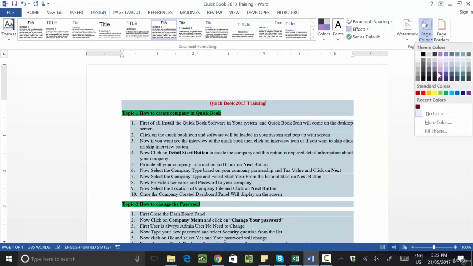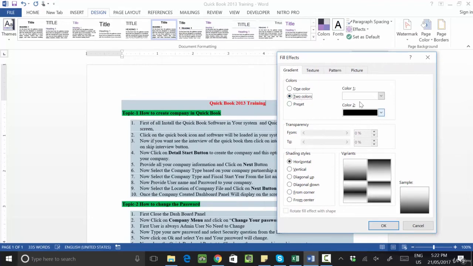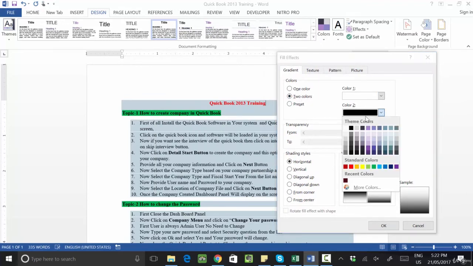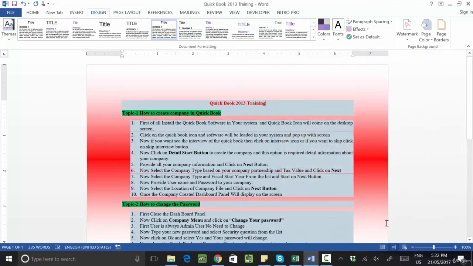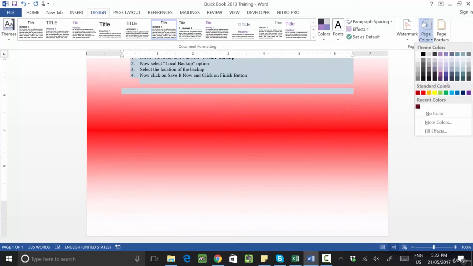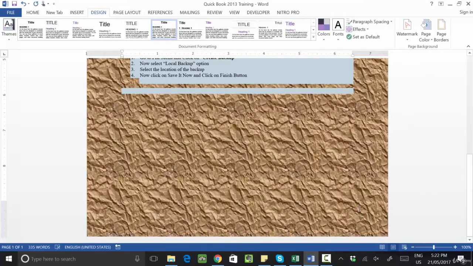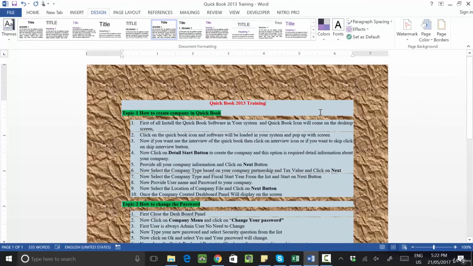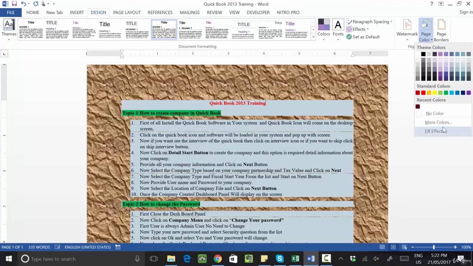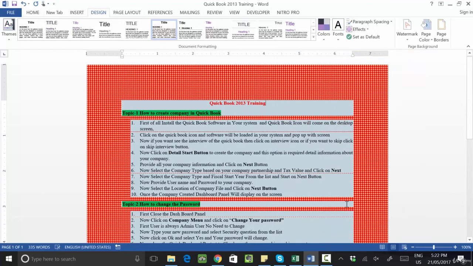If you want fill color, fill effect is a different effect. For example, I need two colors, white and black. So you want red color, click OK. So you see two colors, page color will be changed. If you want to give the texture, go to fill effect, texture. Now this is the texture style I want. So this is my page texture. Is it clear? Okay. If you want any other kind of pattern, like I want a pattern of this one, now see, this kind of pattern will come. Clear? Fill effect.